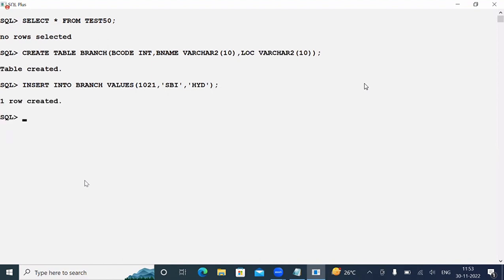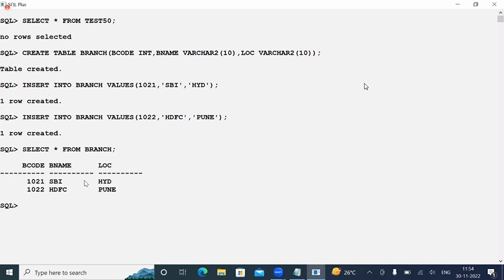One record is inserted. Same as that, I'm inserting one more record. After inserting, I want to see the data